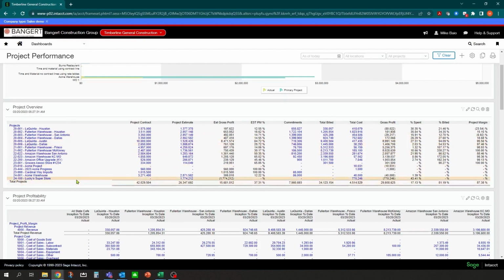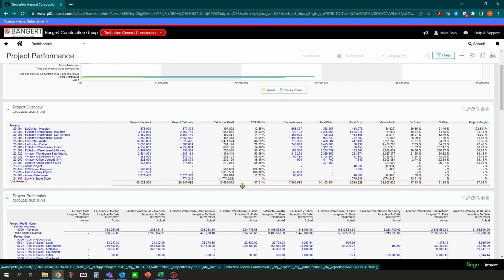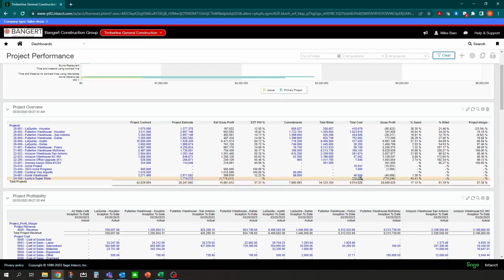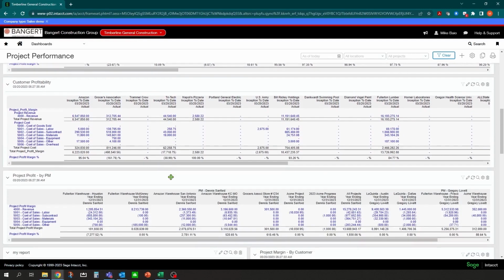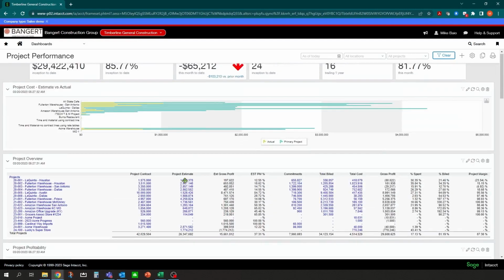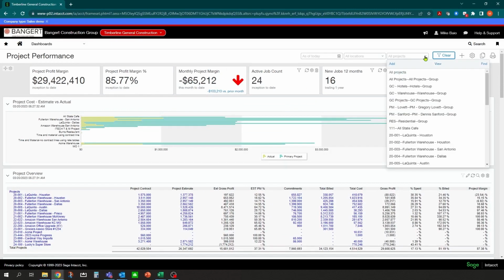So you can see over here that there's our project Lucky Superstore. Now we never entered a contract, but we would in a live environment. But there's our budget. And then you can see over here, we do have some costs and some gross profit calculations. So you could track this information in the system, and we're going to go in and run a particular report for you. You can also filter it by project.